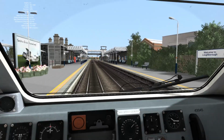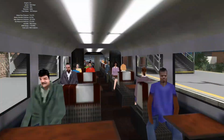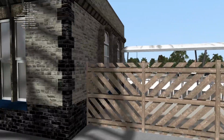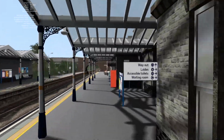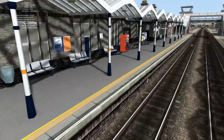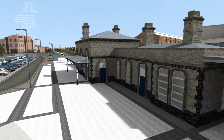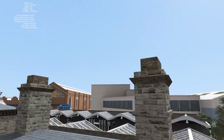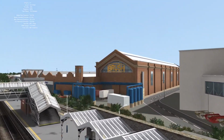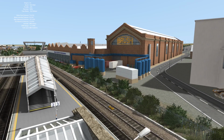Oh, this is a nice looking station. Let's stop off here if we can. Well, would you look at that? This is Loughborough Station. Now, I really do recognise this because I have got off at Loughborough Station before. Ah, the ticket barriers are modelled there as well. Fantastic. And we even have the custom brush factory building there, which is a very iconic thing to be seeing